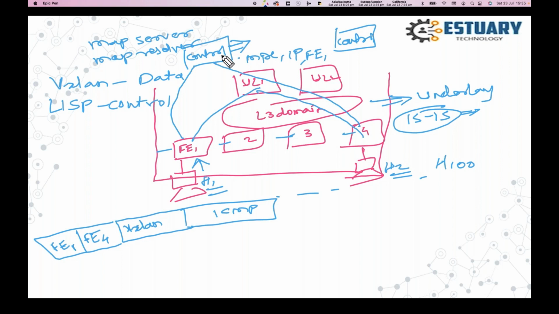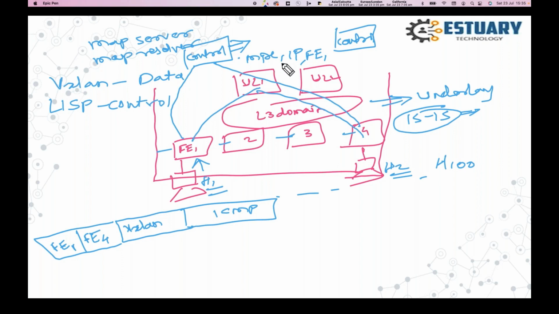This database is maintained by the control node, and the control node gives that information to fabric edges, saying, okay, you want to reach there, you have to reach via fabric edge 4. So this is the additional node in the SDA access, and it maintains that database.